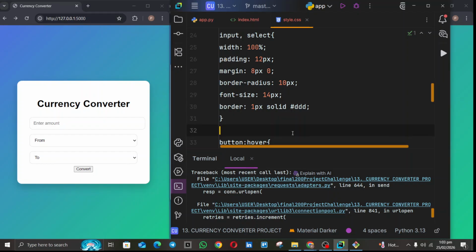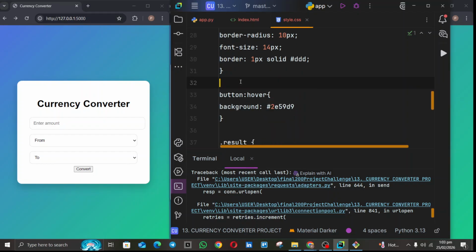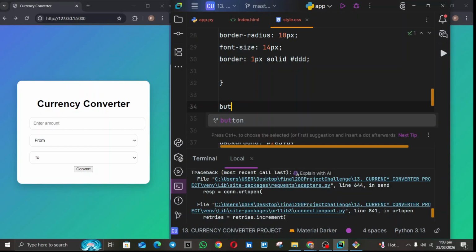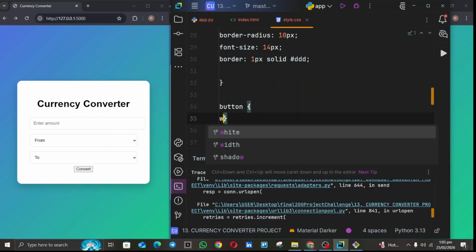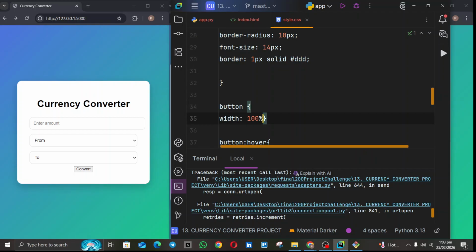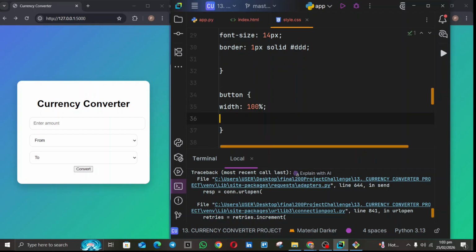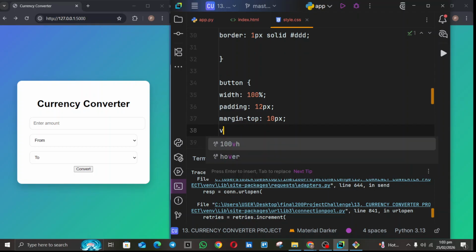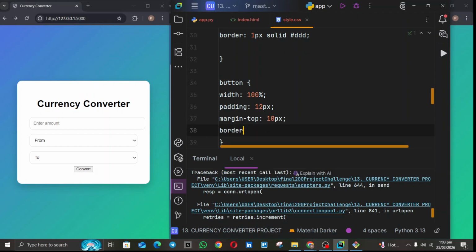Better. Let's go ahead and style our button. We actually did button hover, we did not do the button. Fix that. Simple button, and width to 100%, padding to be 4 pixels. Set the margin top to be 10 pixels. The border down, and set the border radius to